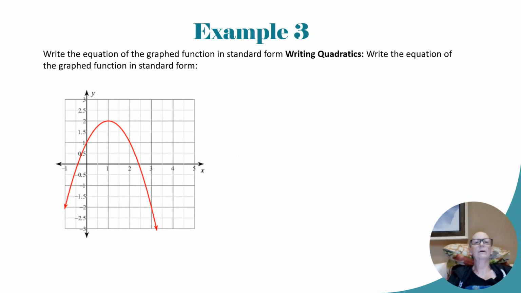All right, in our final example, we're supposed to write the equation of the quadratic, but we're supposed to do it in standard form. So I've got to find it in vertex form first, and then I will find it in standard, because you can't really just do standard. It'd be difficult. So we're going to start by finding the vertex, and then we're going to find another point on the graph that's obvious, and find the distance between them. So it's 1 over and down 1. So we're going to figure out our a. So normally it would be x, y,